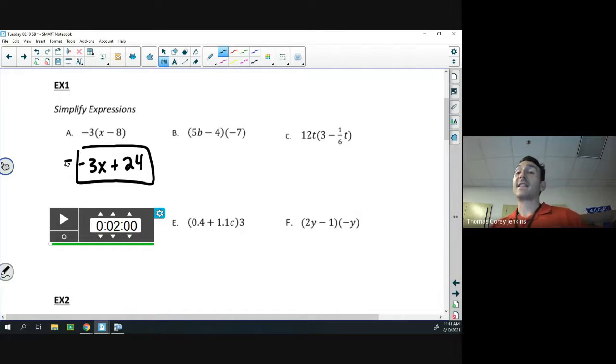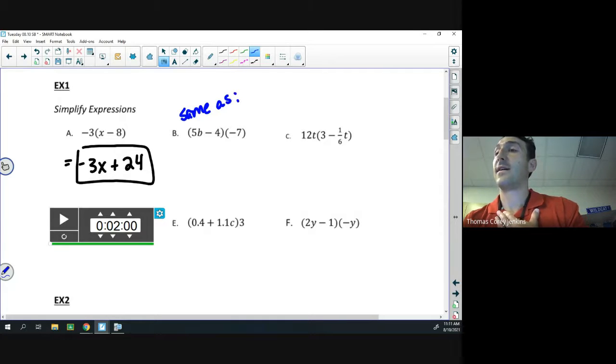All right, and we say that's simplified because we went from 3 terms, a -3, an x, and a -8, down to 2 terms. That's why we say we've simplified it. B looks a little bit different, but it's not. Just like addition is commutative, so is multiplication, because 1 times 3 is equal to 3 times 1. So if you get confused because they put the 1 term at the rear, you can think of it as, so this is the same